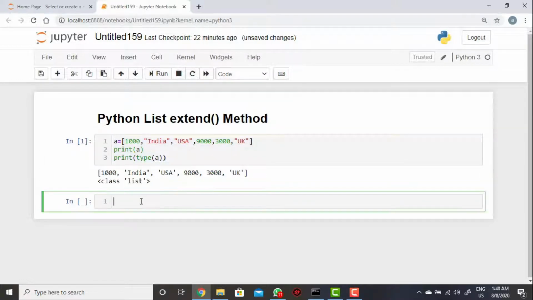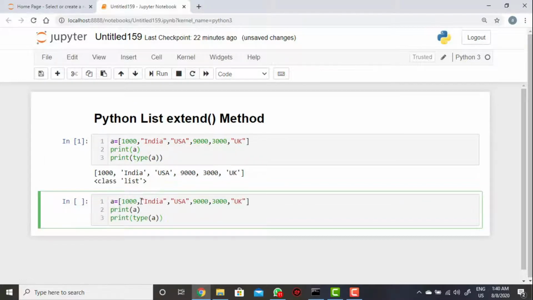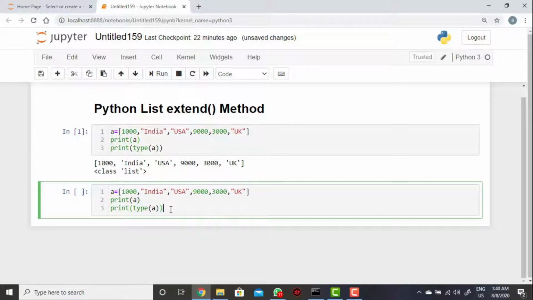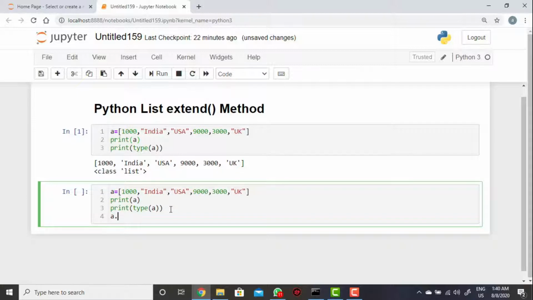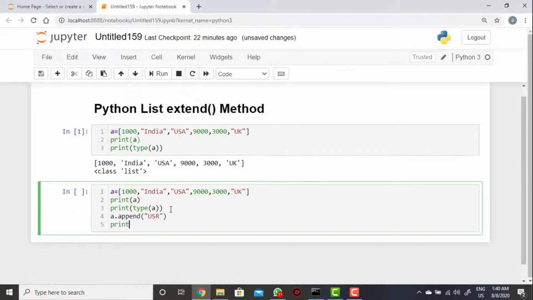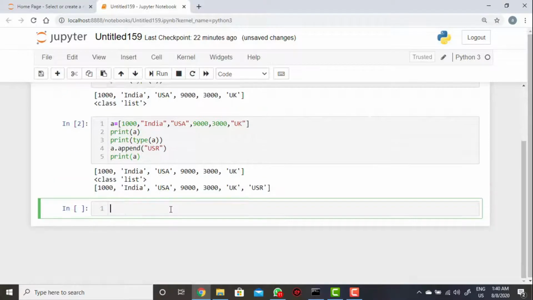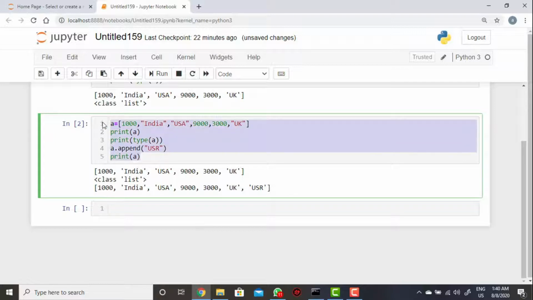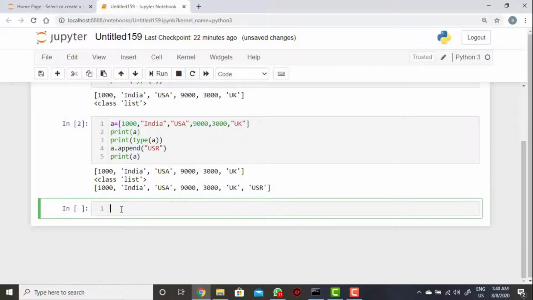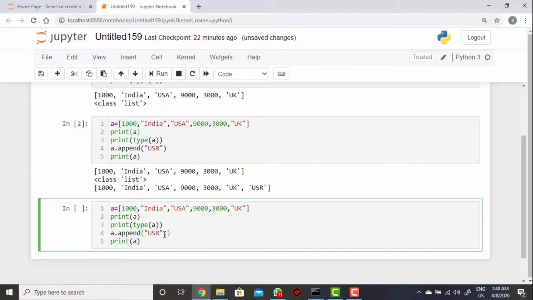Now let's see, I'm trying to append a value. So appending, you can say a dot append method, then USR. After that I am just taking print of A. When we execute, USR is accepted. This is the append method. Now whenever I am trying to add more than one value, like AUS,